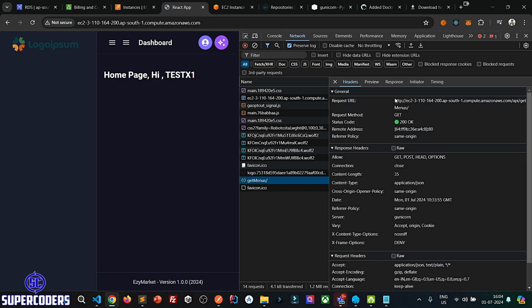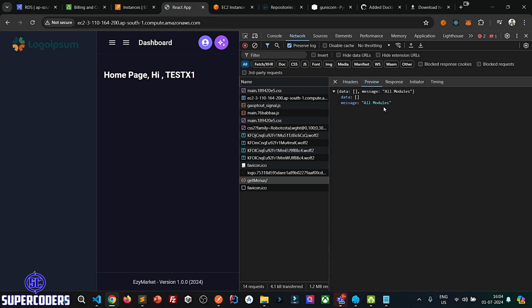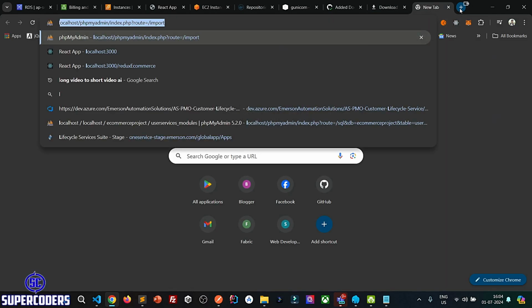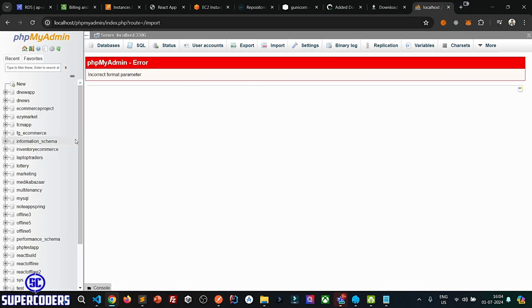If you see the API URL, it is exactly calling our Django project, so that's what I mean: all the URLs can be accessed via our React application, and the URLs which you need to use in Django can be handled by Django. If you see the API response, all modules, there are no modules, no database created for these things. So what I'm going to do is dump my local database modules table into our AWS database. So I'll go to localhost, come into my modules,